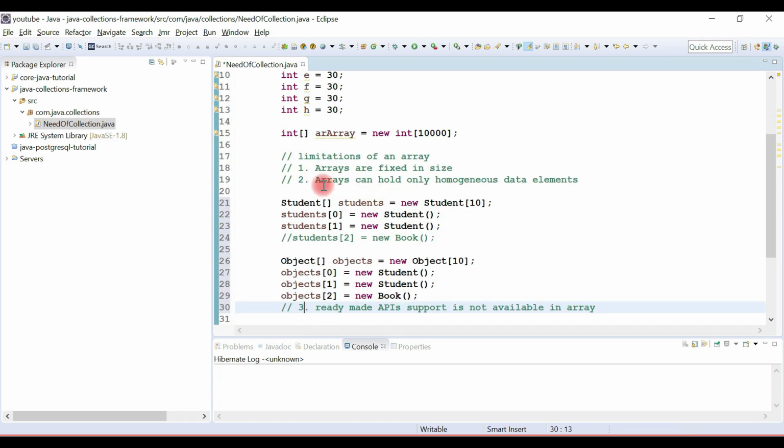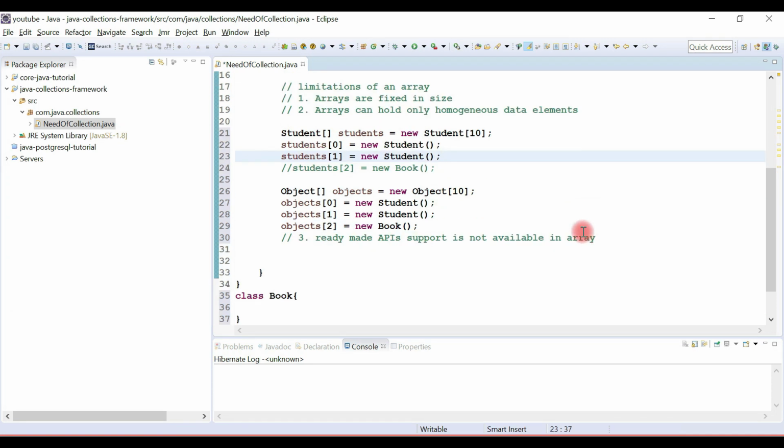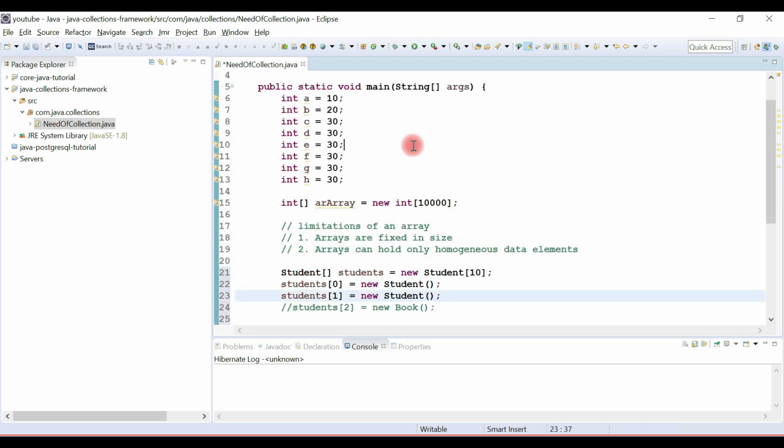Yeah, so these are the three major limitations of an array, and to overcome these limitations we have the collections framework. The collections framework was introduced in the JDK 1.2 release, and it solves all the limitations of an array. Hence we need a collections framework.